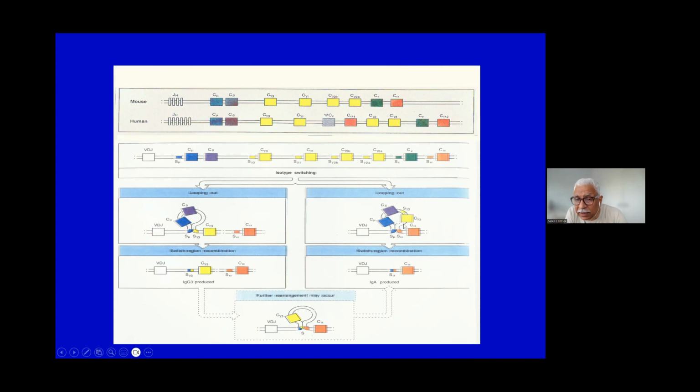When it binds to S alpha, this entire portion in between will undergo this fold. It'll get deleted by the endonuclease. Now your VDJ is adjacent to the C alpha. You see that? You see how that is adjacent to it? And at the end of C alpha is a stop codon. So now when the RNA polymerase comes and reads the VDJ sequence, it sees C alpha. So you will have an antibody molecule which has a C alpha